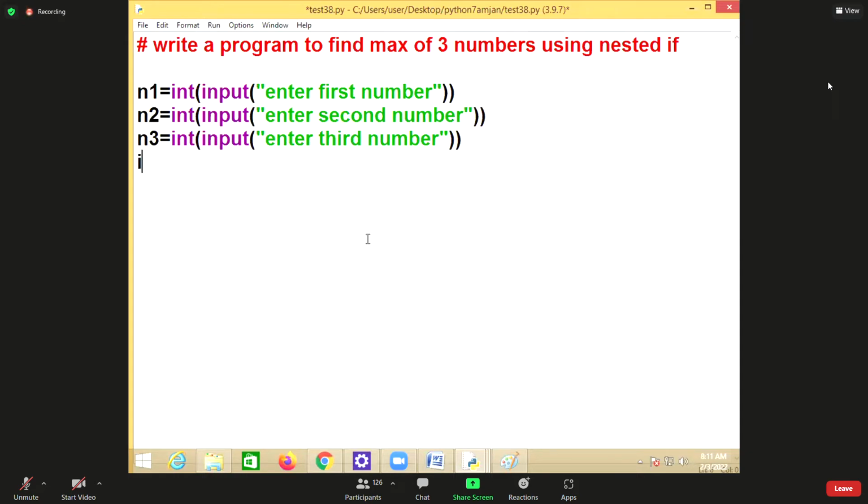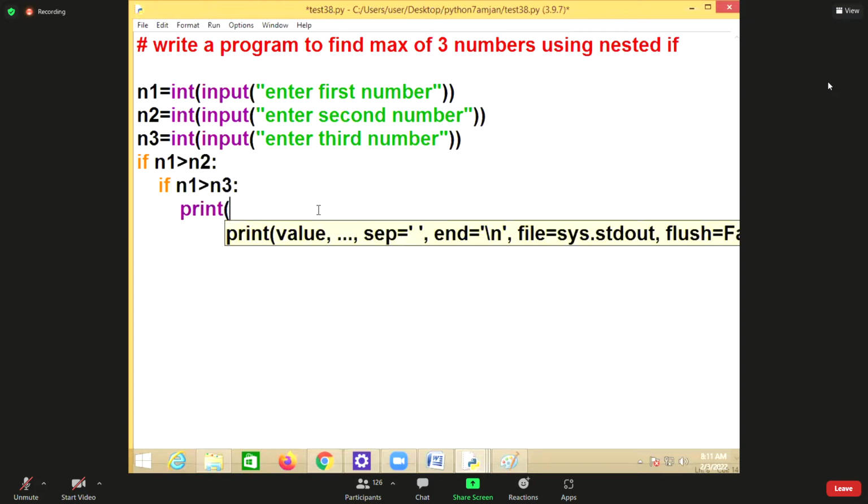First, I'm trying to verify if N1 is greater than N2. So I write, if N1 is greater than N2, then immediately you're checking one more condition: if N1 is greater than N3. If N1 is greater than N2, then only will it verify if N1 is greater than N3. Suppose N1 is greater than N2 and N1 is greater than N3, I'm saying print